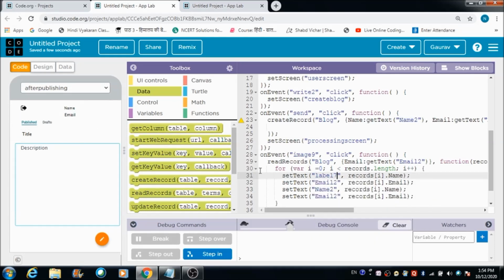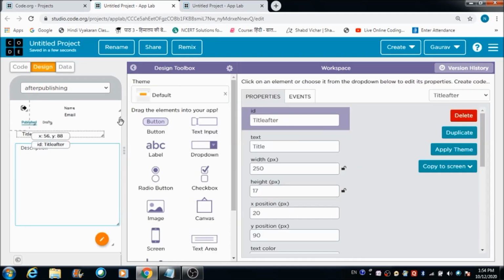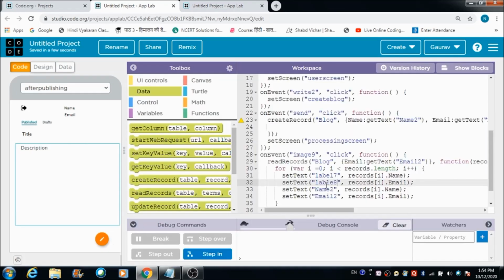It is label 8. It is title after. This is title after. So I'm making use of the design part so as to not make any mistake in the spelling.